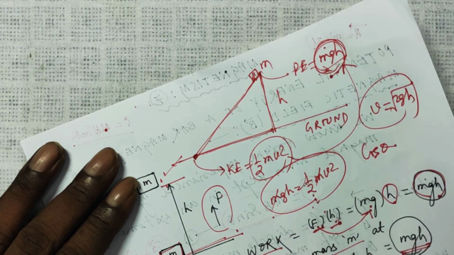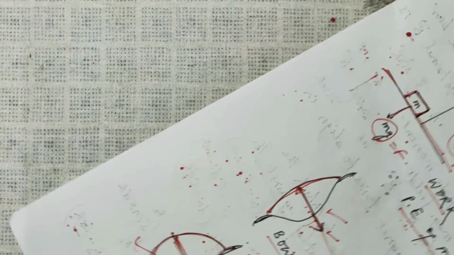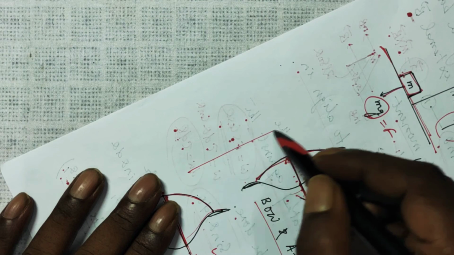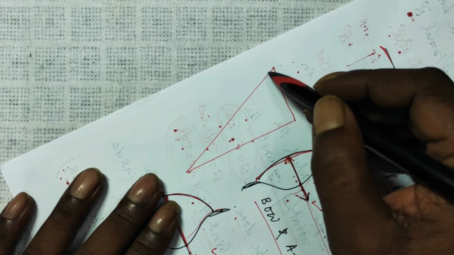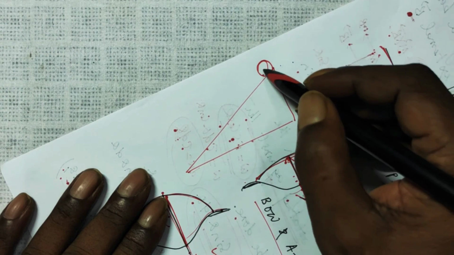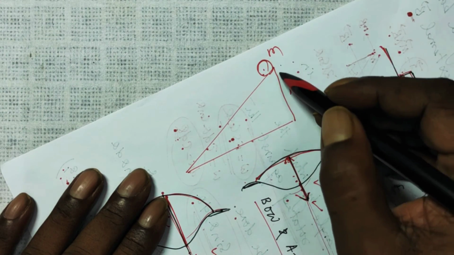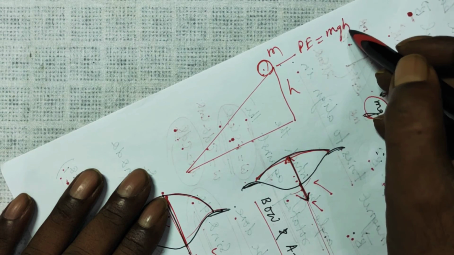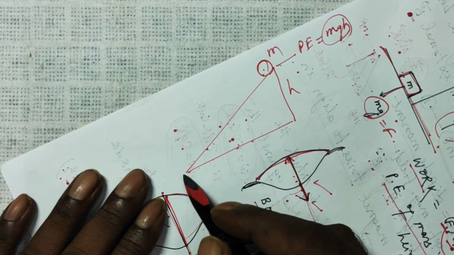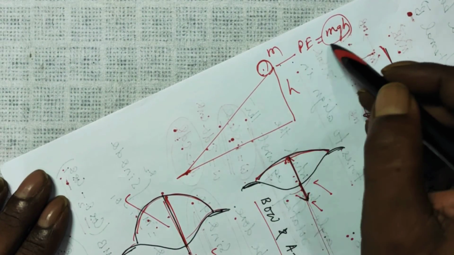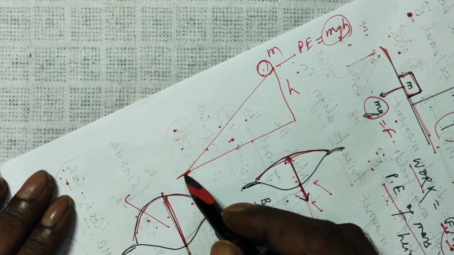Let me give you another example. In rotational motion, we also studied a body rolling. Suppose its mass is m. So here the potential energy is equal to mgh. If it is rolling and arrives here, then h becomes 0 at this point. So all this potential energy is converted here to kinetic energy.